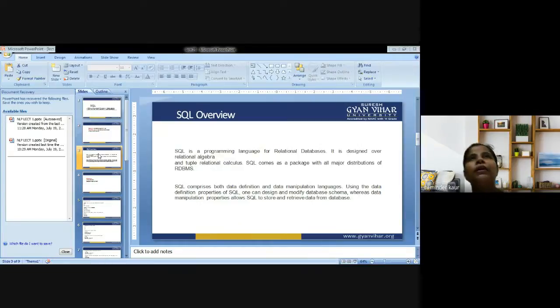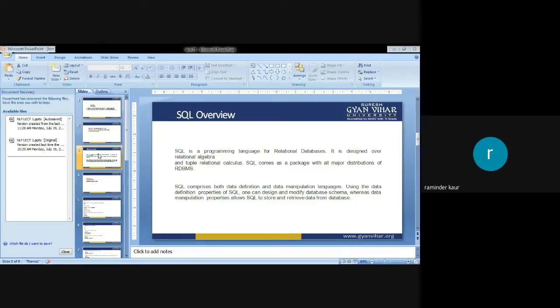Now, what is there in data definition language, and what is there in data manipulation language? If I am talking about data definition language, then we are supposed to deal with various schemas. In schemas, we design various databases, and in order to design them, we deal with various data types. We specify the data type, and we specify the size of the data type that it is going to take.